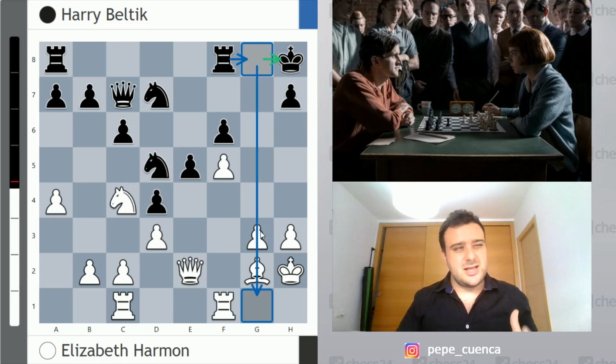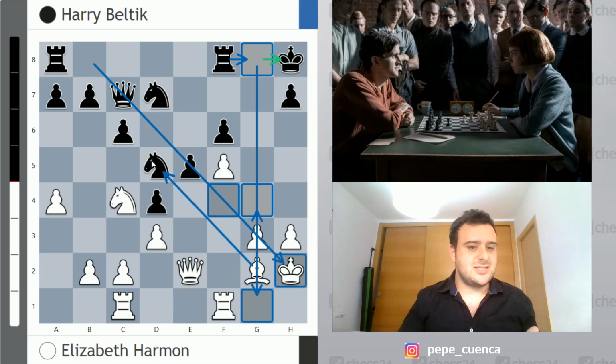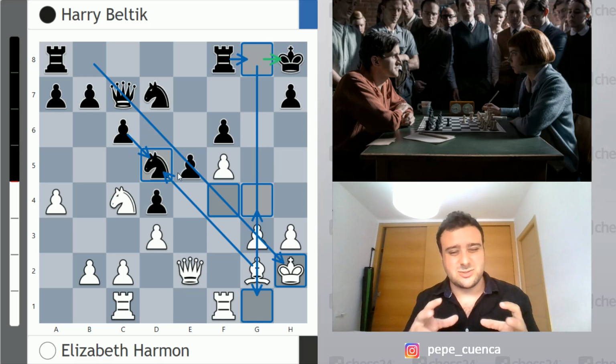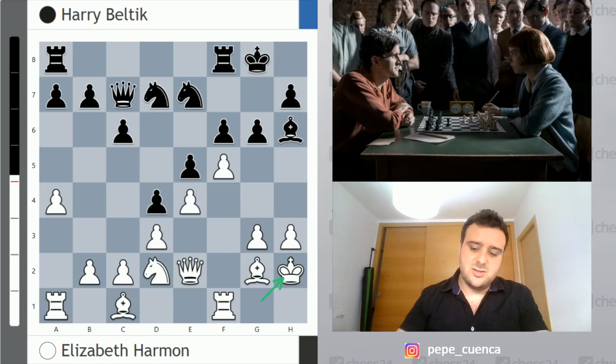And it's not going to be easy for white to play g4, because whenever white plays g4, you're not only weakening this diagonal but also the f4 square that could be used for this knight on d5. It's never easy to take this knight on d5, because after c takes d5, we gain a lot of control on the central squares, and also we're enjoying fantastic pressure on the c file. So probably g takes f5 was a little bit more interesting, but as I told you, king h8